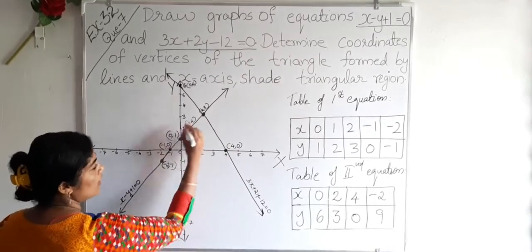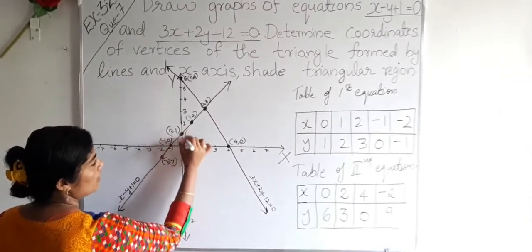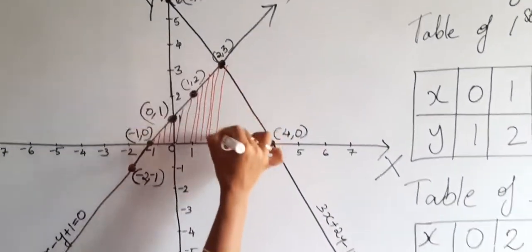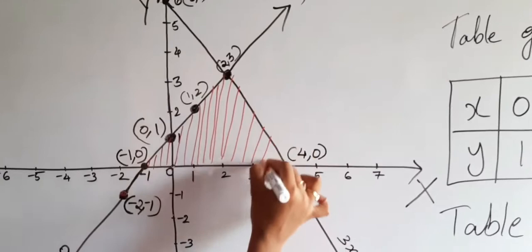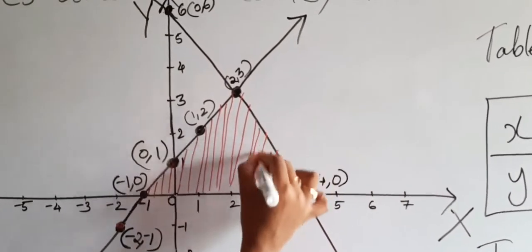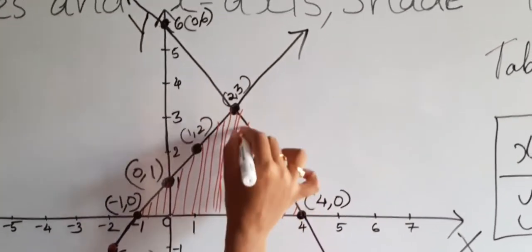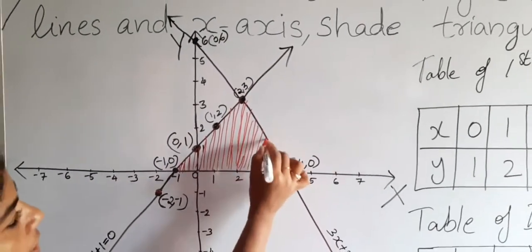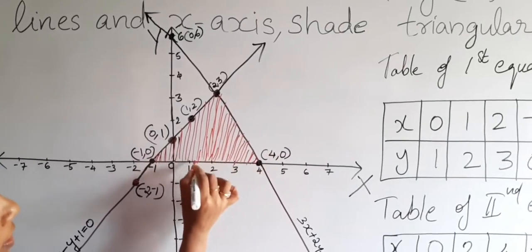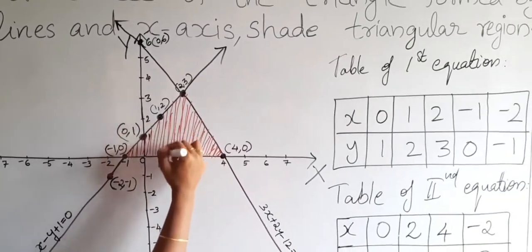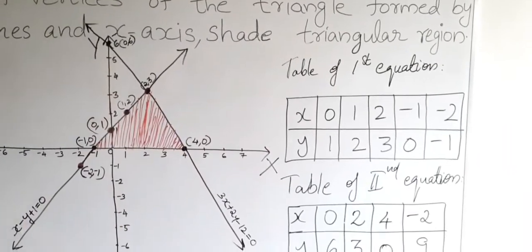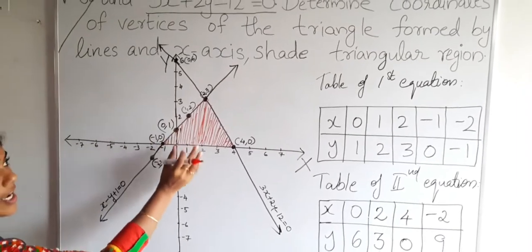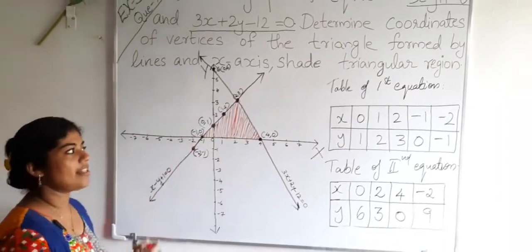Here this is the triangular part, and we are just shading that part. You can use another color so it will be more visible. Just shade the portion between the x-axis and the straight lines; both straight lines of the equations will come. That side we are shading. Now we got a triangle shape, and the coordinates are also marked well. Now we have drawn the graph of the equations and got a triangle shape. We already marked the coordinates, everything.